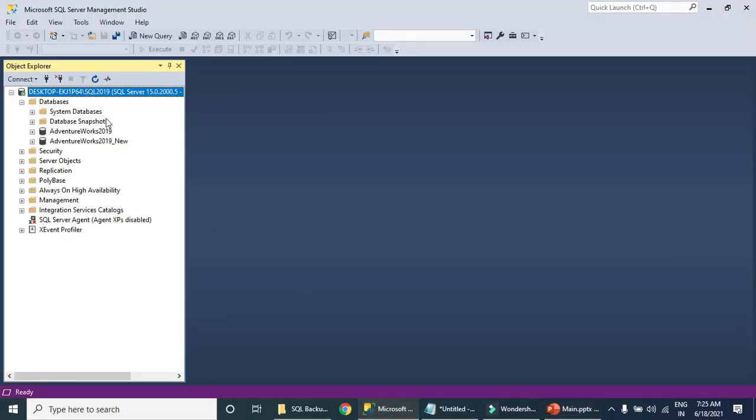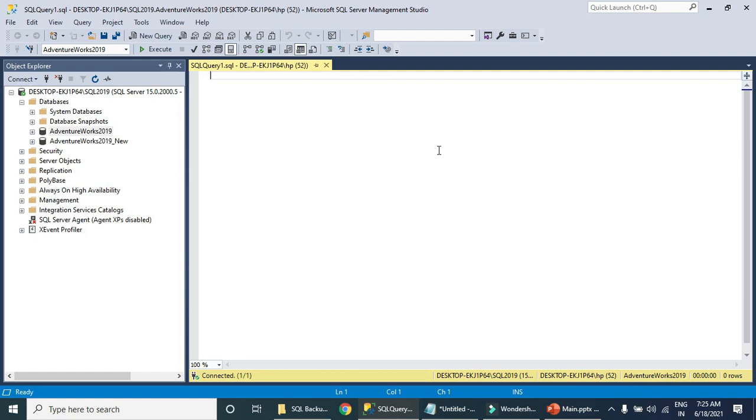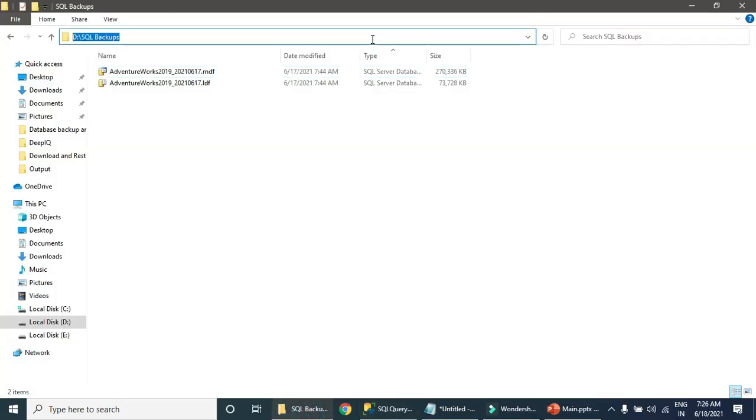I have SQL Server 2019 Developer Edition installed on my machine. Right now I have the AdventureWorks 2019 database. I will just take a backup of this database right now, and then we'll note down the size of this backup, and then I will take the compressed backup of this database. There is a small change in the backup query that will give you the compressed backup. Let me take the backup of this database. Backup database. I want to take the backup at this particular location.